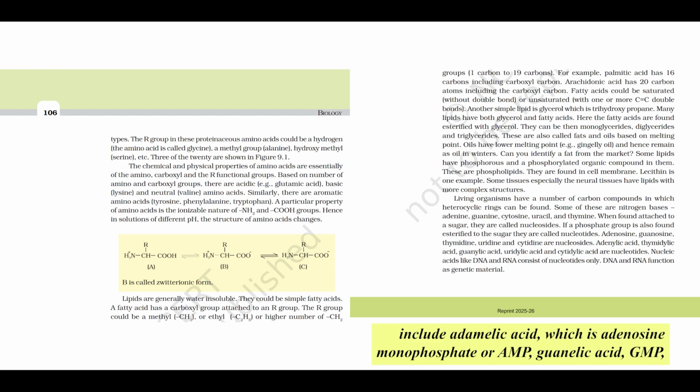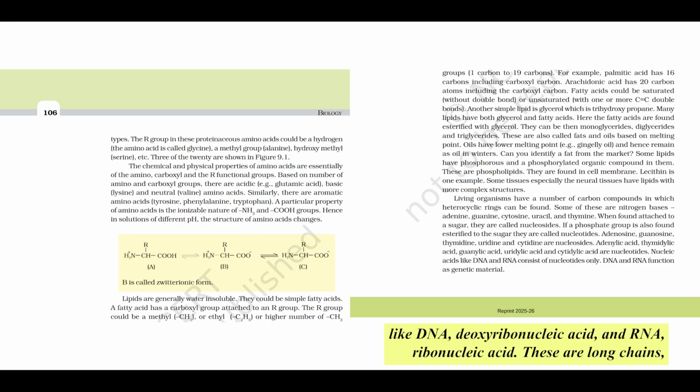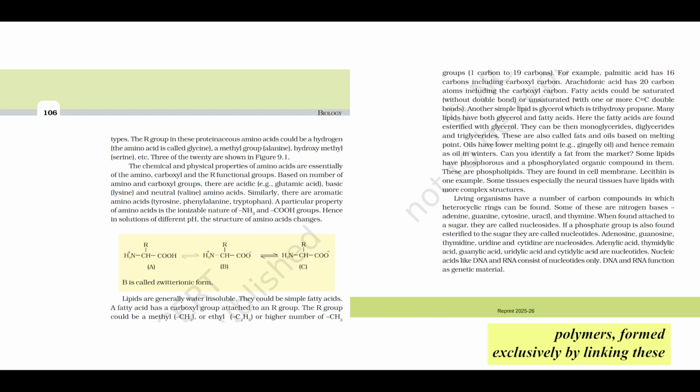Examples include adenylic acid, which is adenosine monophosphate or AMP, guanylic acid, GMP, uridylic acid, UMP, cytidylic acid, CMP, and thymidylic acid, TMP. These individual nucleotide units are the monomers, the building blocks for nucleic acids, like DNA, deoxyribonucleic acid, and RNA, ribonucleic acid. These are long chains, polymers, formed exclusively by linking these nucleotide units together. And their primary, absolutely vital function is to serve as the genetic material, carrying all the hereditary information and directing